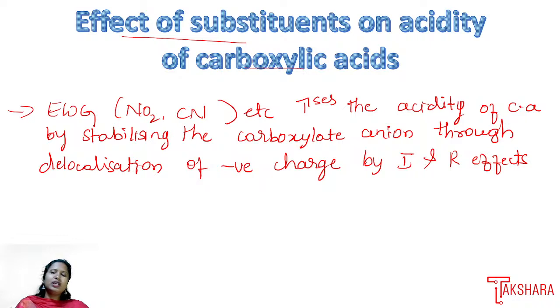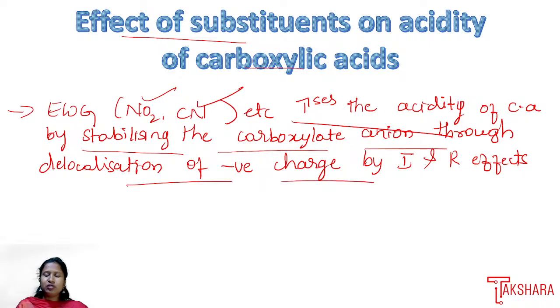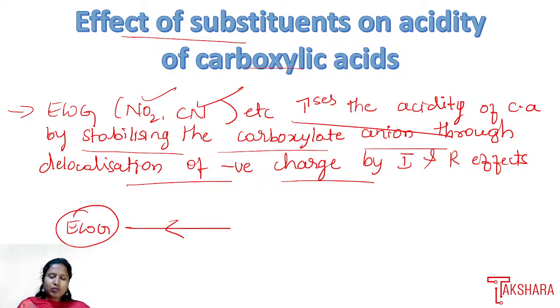Electron withdrawing groups, substituent groups such as the NO2 nitro group or cyano group, when attached to compounds having the carboxylic acid functional group, increase the acidity of the carboxylic acid by stabilizing the carboxylate negative charge by inductive effect or R effect. Now when electron withdrawing groups attach to the carboxylate ion, we will get the resonating